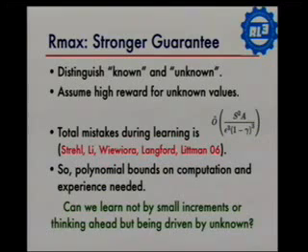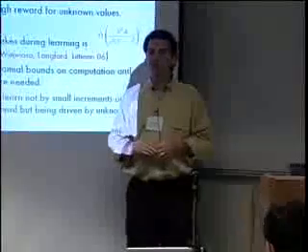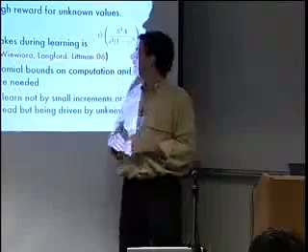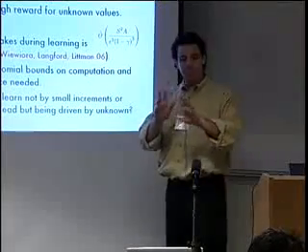And it turns out that you can actually do this, at least in the simple MDP universe, with a relatively simple algorithm. We're going to keep a map of all the state-action pairs, and distinguish between known and unknown transitions. If there's a state-action pair that the learner hasn't tried very often, then I sort of don't believe it yet. And any transition that's not believed, we're going to assume has high reward. Oh, I don't know what it is, so it must be good. Okay? You can see problems with that.